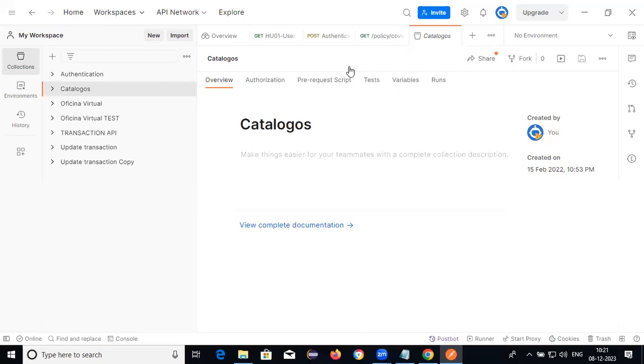Done now? Next one, payload. If you want to provide the request through payload, the response also we are able to get through payload.